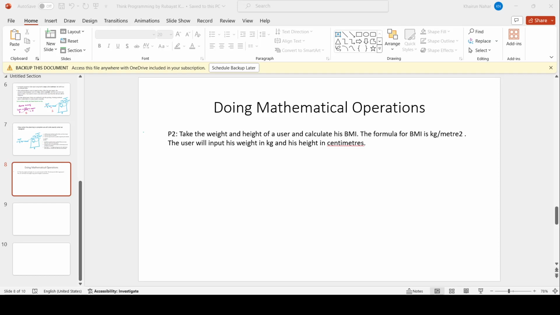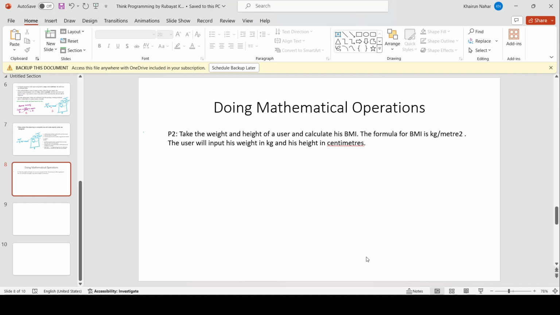In this video, we are going to look at how to solve mathematical problems. So let us read the question first. The question says, take the weight and the height of a user and calculate his BMI. The formula for BMI is kg per meter square, and the user will input his weight in kilograms and his